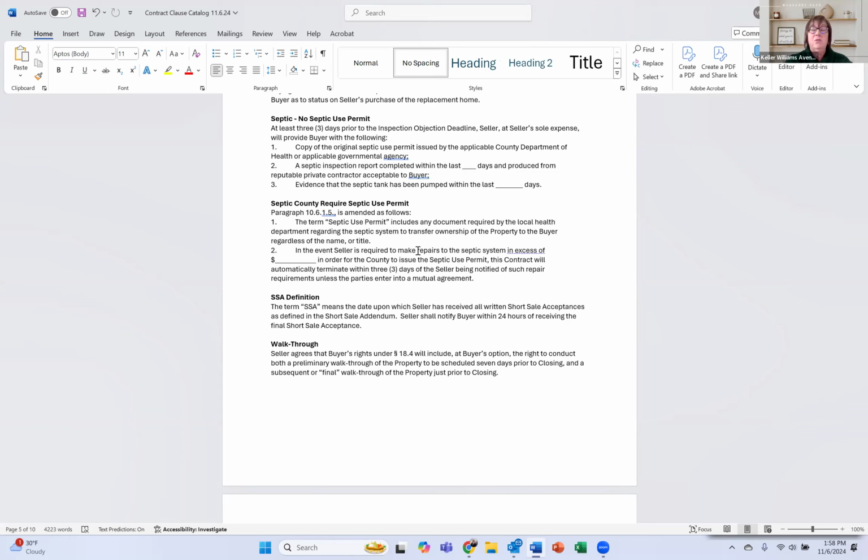So at least 3 visits. If you have a property where a septic use permit is not required to transfer the property, at least 3 days prior to the inspection objection deadline, seller at seller's sole expense will provide buyer with the following: a copy of the original septic use permit issued by the applicable county Department of Health or applicable governmental agent,